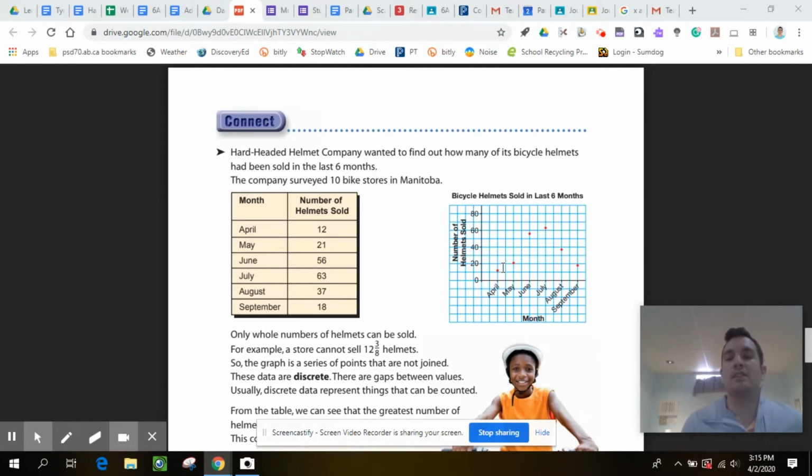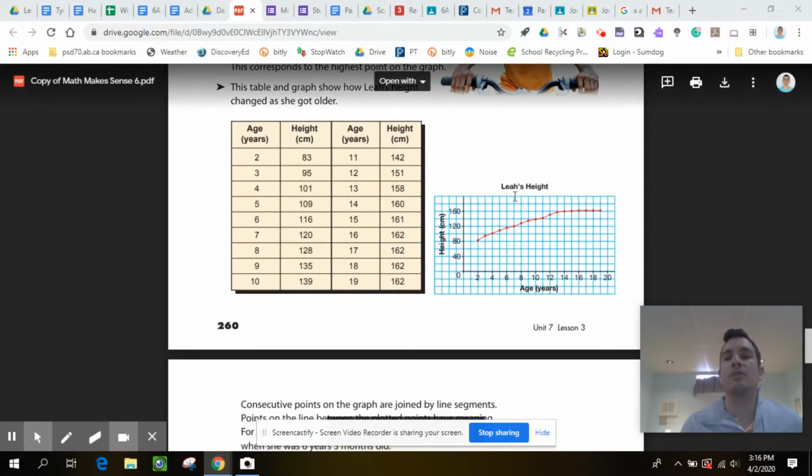Another way to think of it is that you're not ever selling half of a helmet. You're selling whole numbers of helmets. So we don't need to connect those points there because there's no information going in between. Now, to contrast that, if we look at a graph like this one down here that shows someone's height,